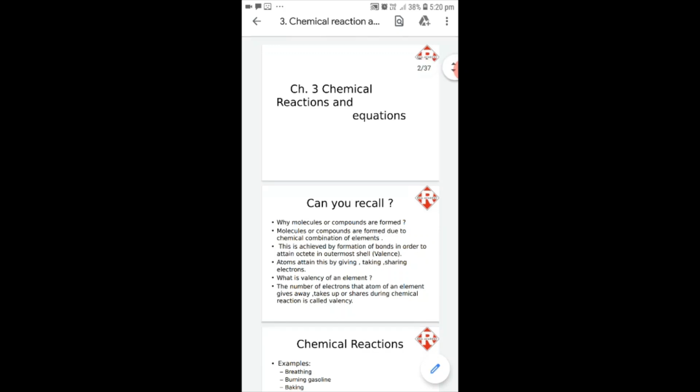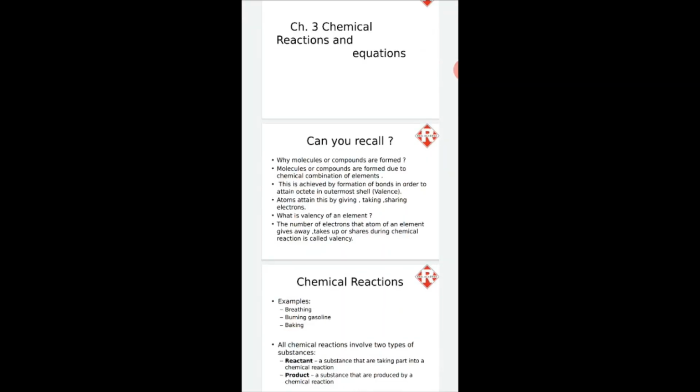Now, can you recall why molecules or compounds are formed? Molecules or compounds are formed due to the chemical combination of elements. Molecules are formed as a combination of two or more elements. And when we say compound, two or more elements chemically react with each other and a newly formed substance